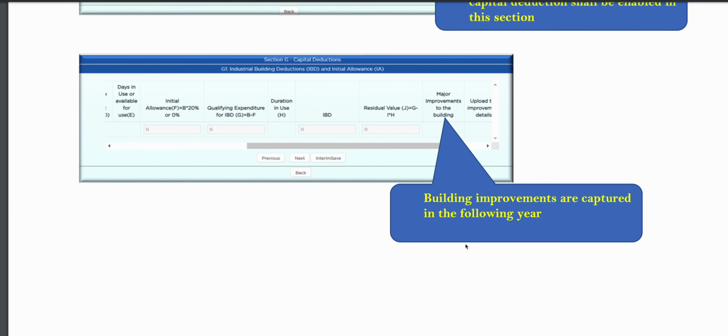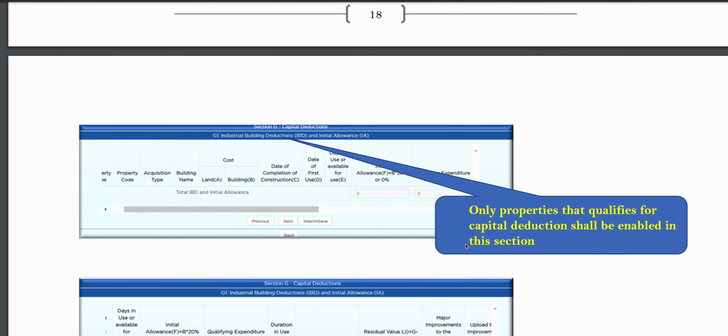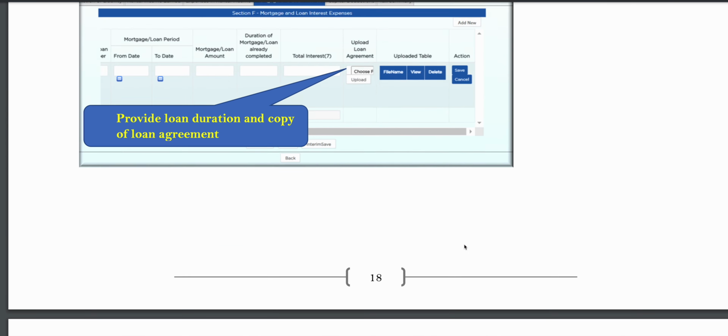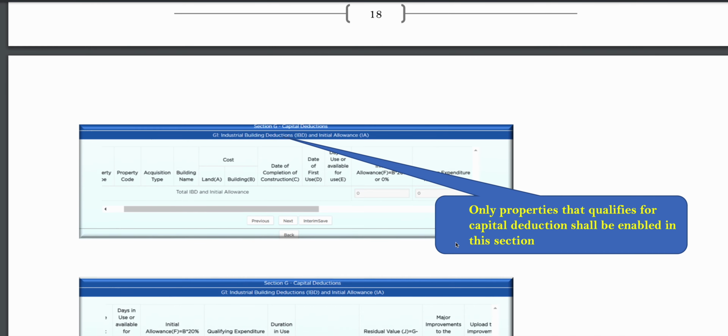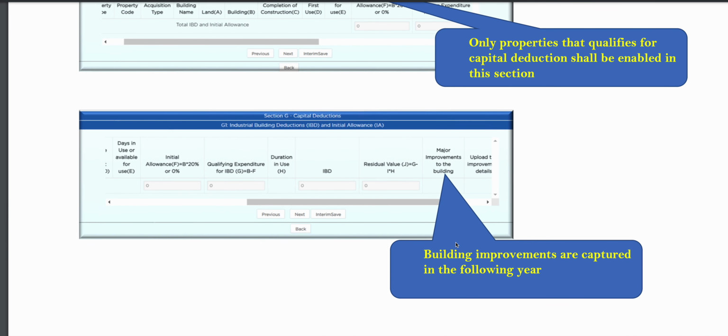Hopefully this video was a bit elaborative when it comes to the rental return for both individuals and non-individuals, the companies. Maybe one thing I forgot to talk about, the tax rate for non-individuals is currently at 30%. So after having your sales, which is 100%, let's say 10 million, allowable expenses are capped at 50%, which is 5 million of 10 million. The balance of 5 million will be taxed